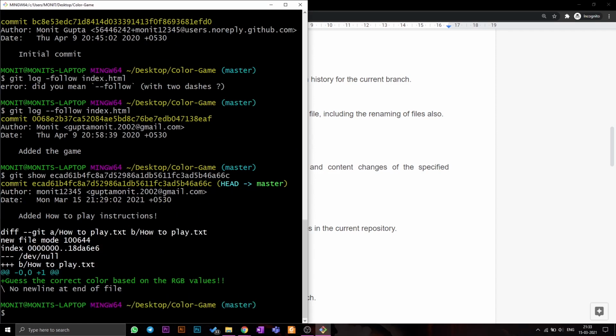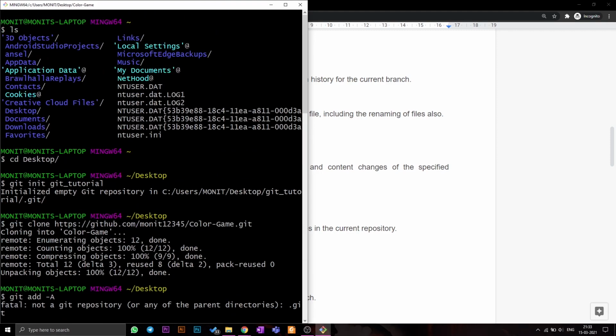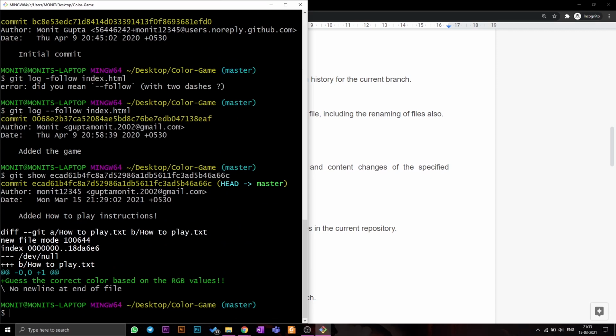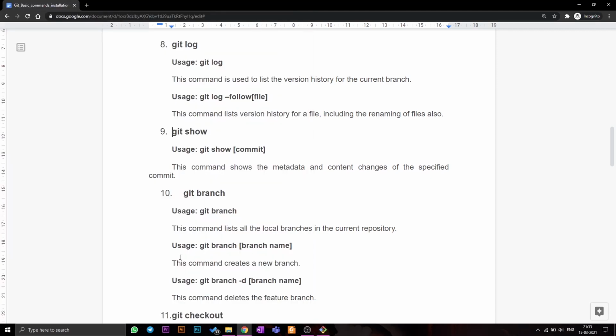It shows me all the metadata related to the commit. So it's a new file, how to play.txt was the name of the file. And it's basically the author. So this is where we added git config, right? So Monit Gupta, and this is my email ID, which I had added before. So I didn't really show it again, right?